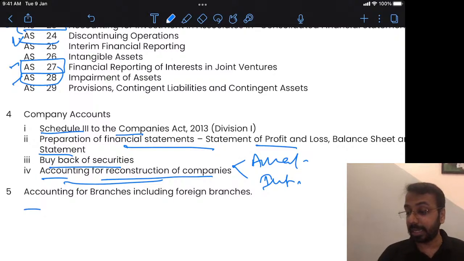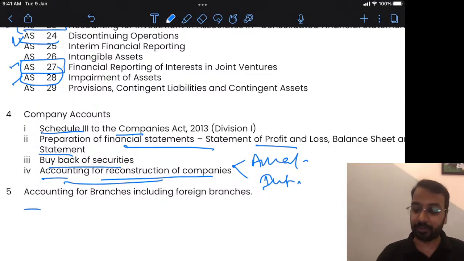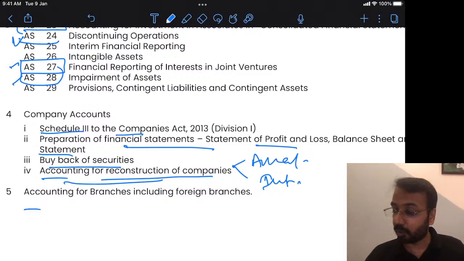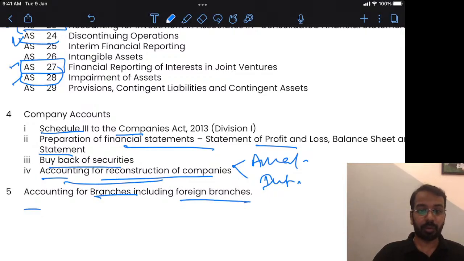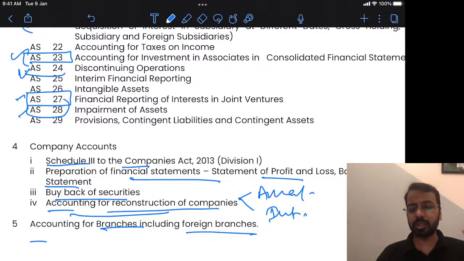Then what is not there is your accounting for banking companies. One area where a lot of students found it difficult. Banking, NBFC, liquidation they have not mentioned. So I don't know whether it is a miss or they have on purpose excluded liquidation. Right, then departmental accounting, that is not there. Branches and foreign branches are still there. Departmental accounting is not there. Right, so that is there. And then from group 1 you had things like hire purchase, installment sales and all of those things. Those things have been removed from your new syllabus.